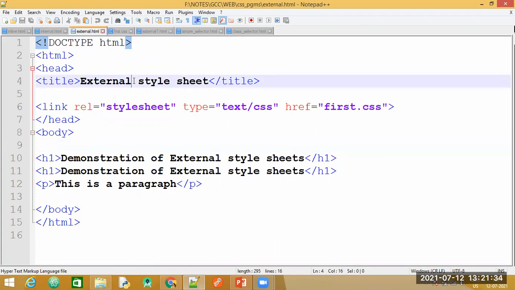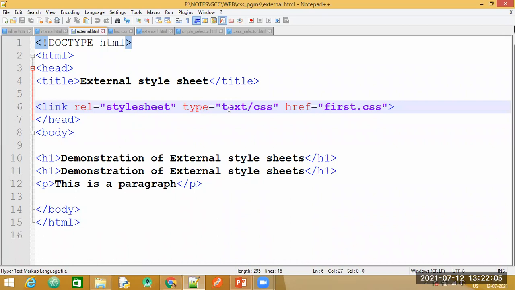Within the head section, one title, and this link relation statement is to be specified whenever you make use of external style sheets, in your head section. Here I am saying I want this HTML document to be linked to this CSS document. That is, I am trying to link HTML and CSS together.